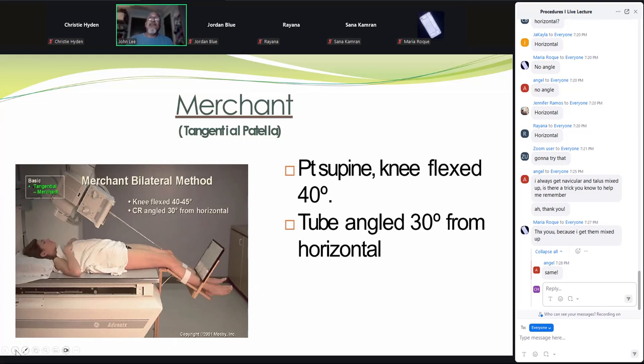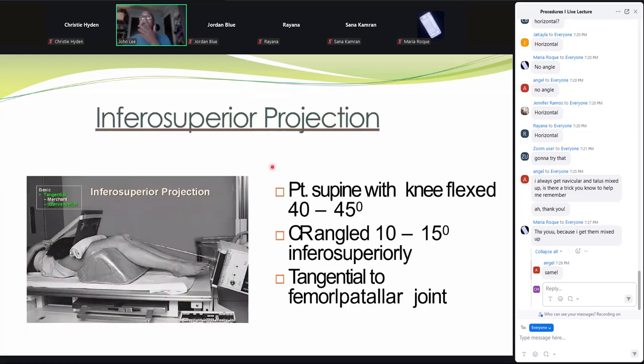The opposite of this is simply named the infrasuperior projection. We're going from the bottom to the top. Notice that the patient is recumbent. This is to keep their eyes and thyroid out of the path of the CR. I know there's quite a few techs that will do these in facilities, and they'll have the patient sitting up holding that IR with their hands, and of course it's exposure to thyroid and lenses. Flex 40 to 45 for the patella,